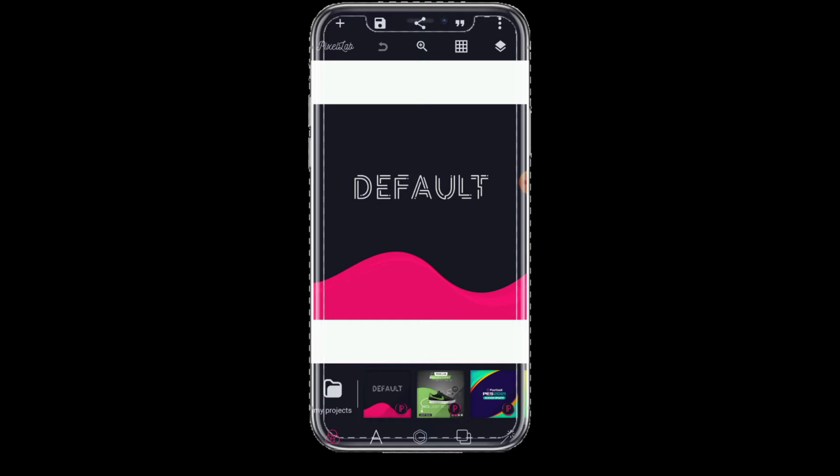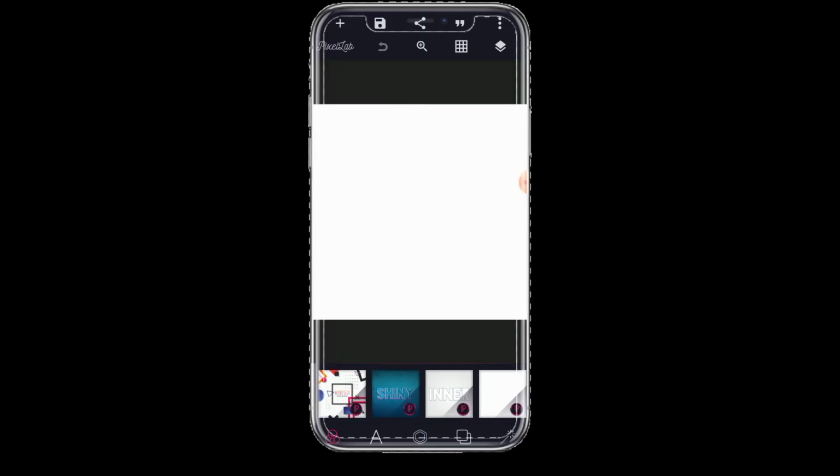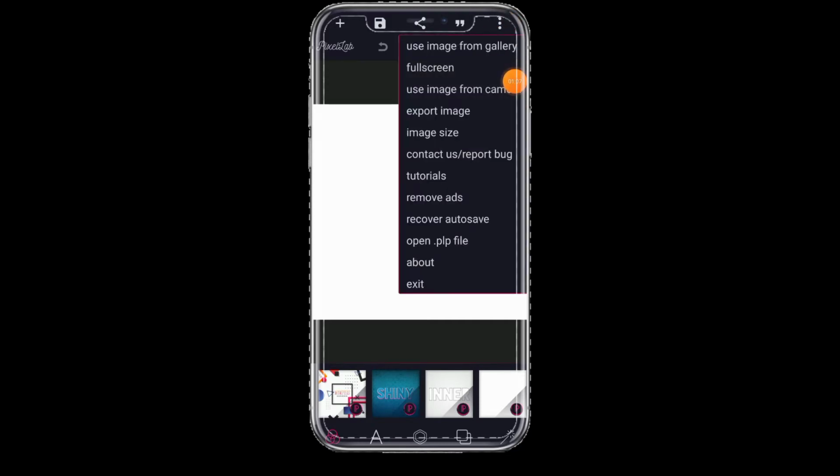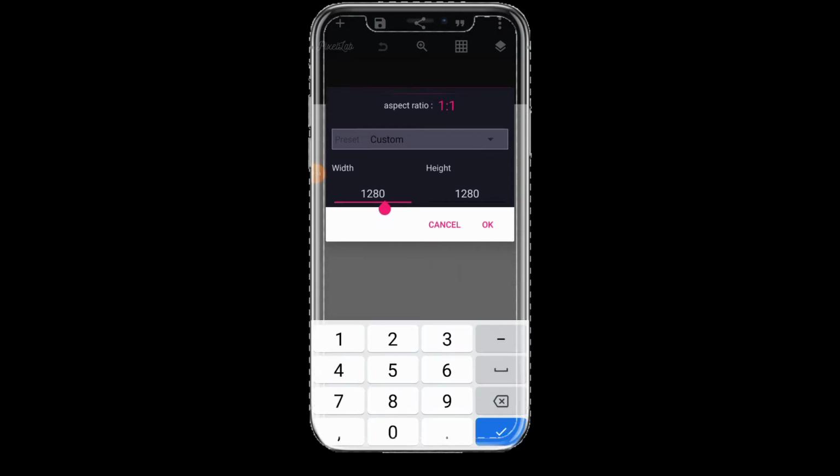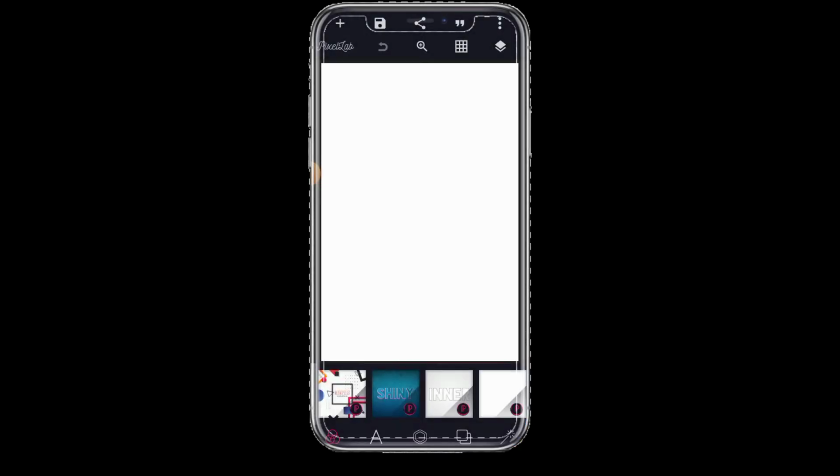Okay, so first of all, if you launch your Pixelab application, the first thing you are going to do is change the background to plain like this, and then we change the color. So click on these three dots right here, then click on image size, and then we are going to use 749 by 1123. Then you click on OK,